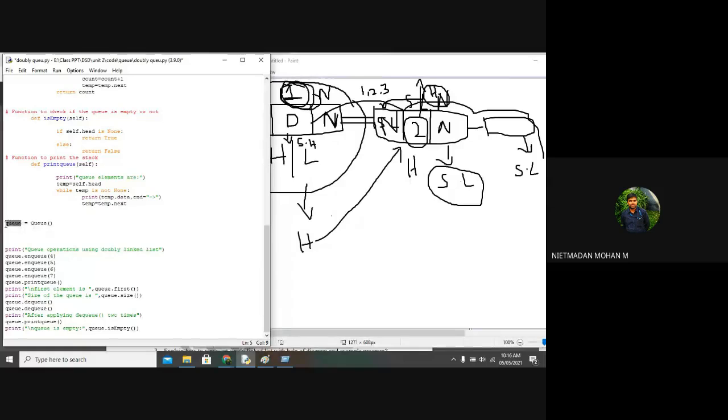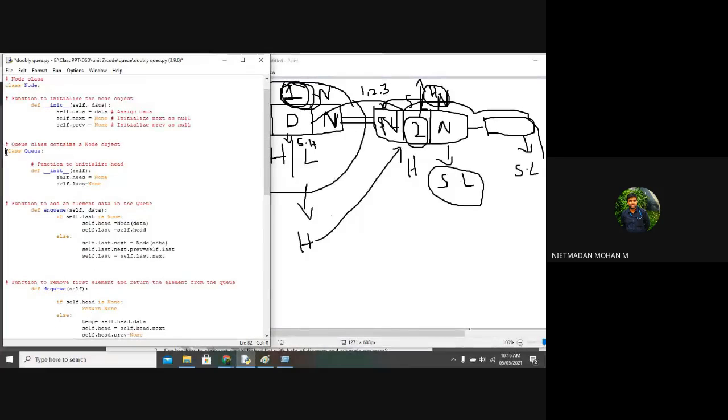So I have created an object called Q, and for which class have I created this object? Q class. Yes. I created an object for this Q class, but this node is a constructor where we are giving an initial value, so no need to worry about this node class, because it is the template for this particular program. When you create an object, this init function can be accessed automatically. So why am I going to create the object for this Q class? What is the purpose of creating an object for the Q class?